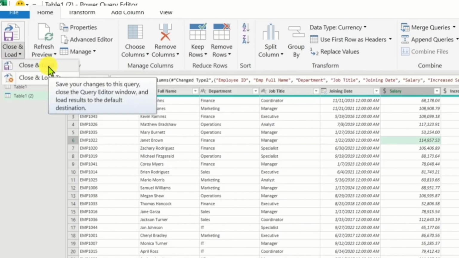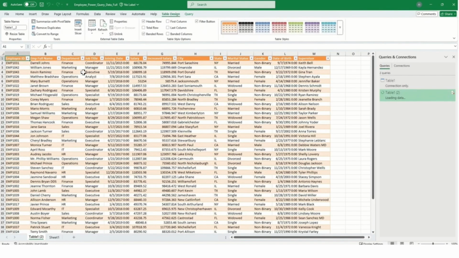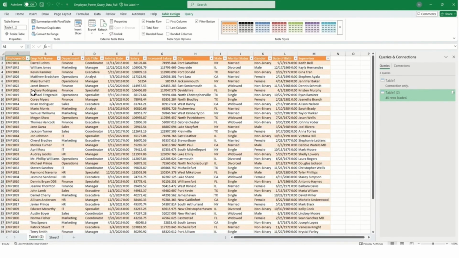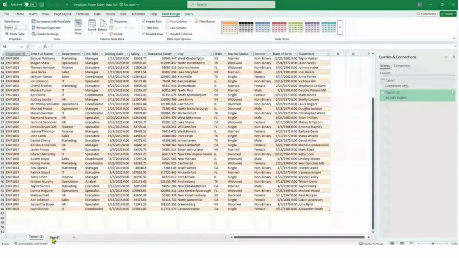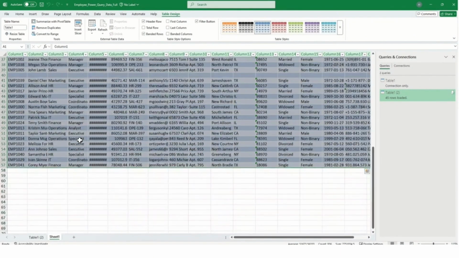As soon as you click, the entire data and all the settings of Power Query are copied and made available in a new sheet. See, our formatted data has been loaded in a new sheet, and because this is a table, the table has been automatically formatted on it, which you can change with the table style. Now we have the entire formatted data available in this new sheet, and our original raw data is available in our first sheet, Sheet 1. See, in Sheet 1 we have 57 rows, but after removing the duplicates, there are only 46 rows in the